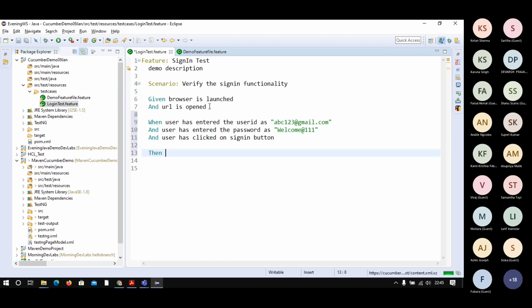Then the home page will be displayed. Consider that this is a manual test case I have written.